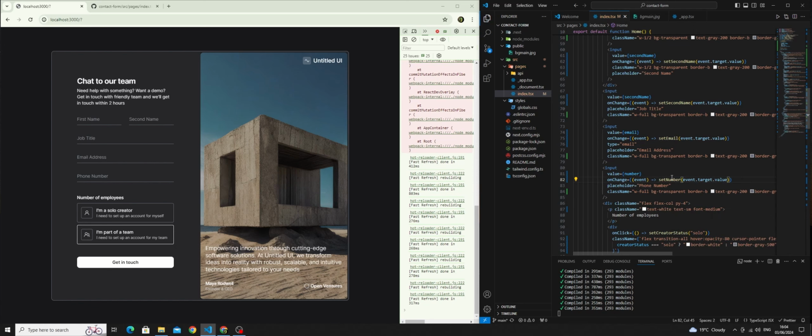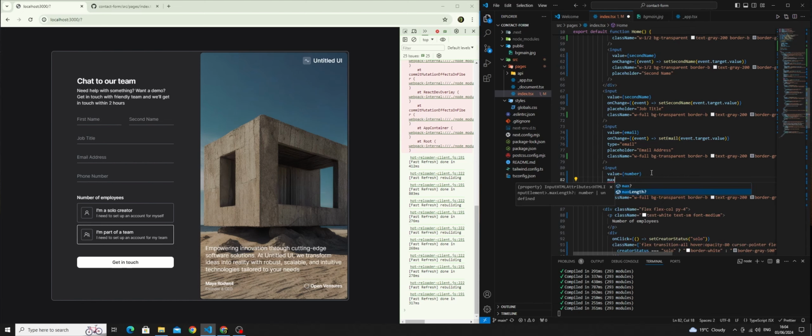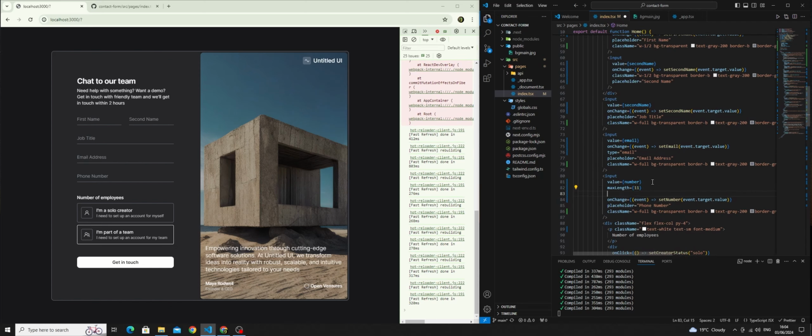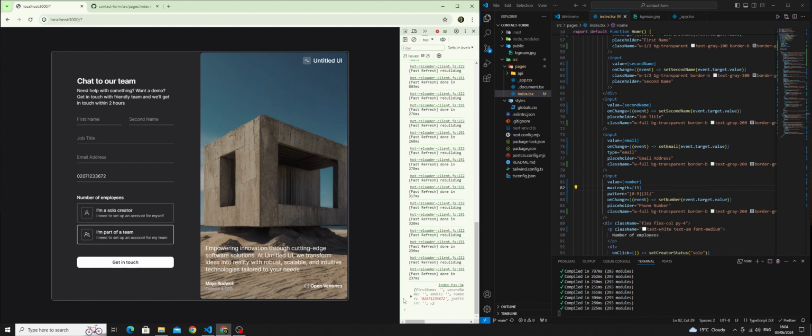And just to ensure this is a number, we're going to give it a max length, because UK numbers are 11, so we'll give it a max length of 11, and then we'll give it a pattern of numbers, and the length will be 11. This ensures only numbers are entered, and see, what I requested is 11, so it's good. As you can see now,